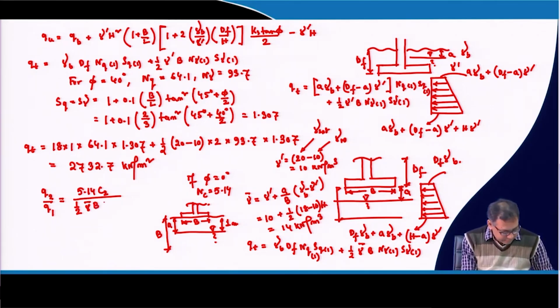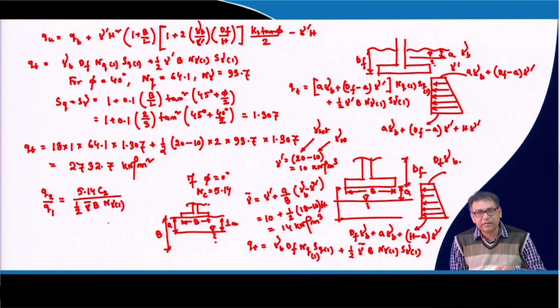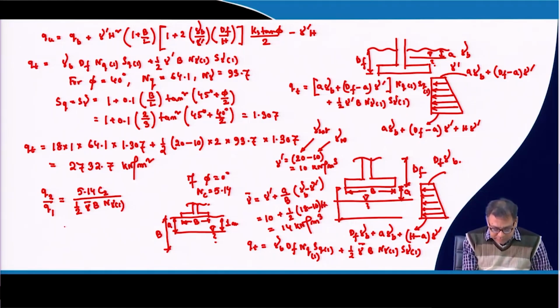B, then N gamma 1. And why I am not taking the shape factor? Because it is strip footing. So, shape factor will be always 1. So, now this is